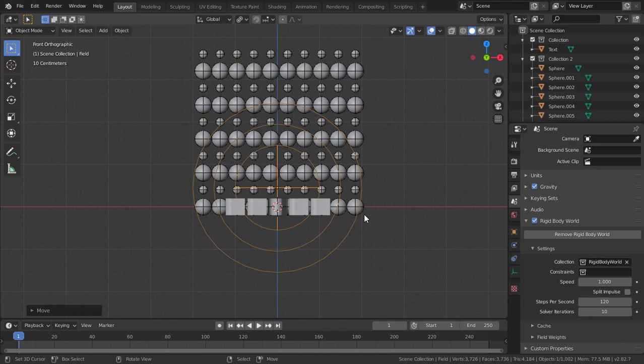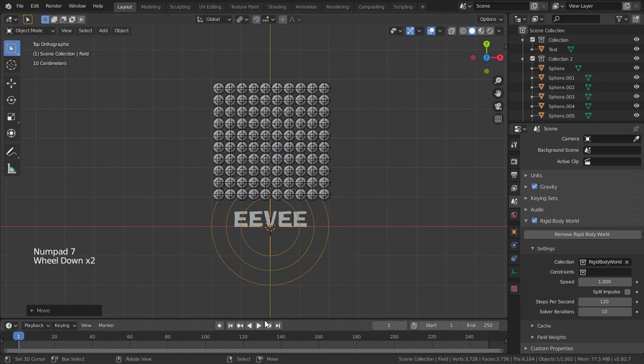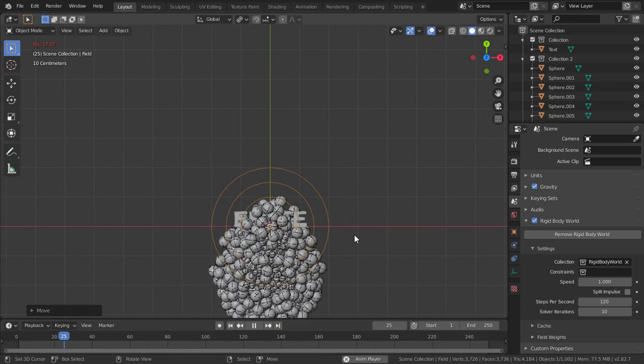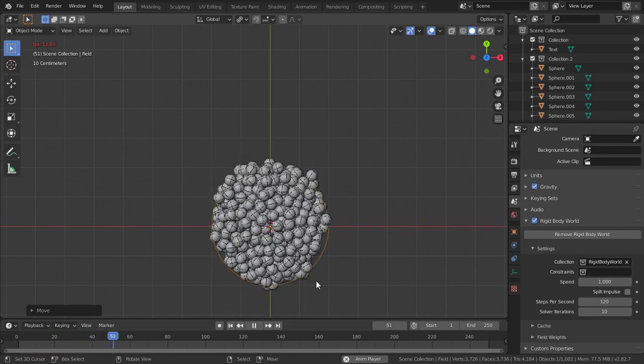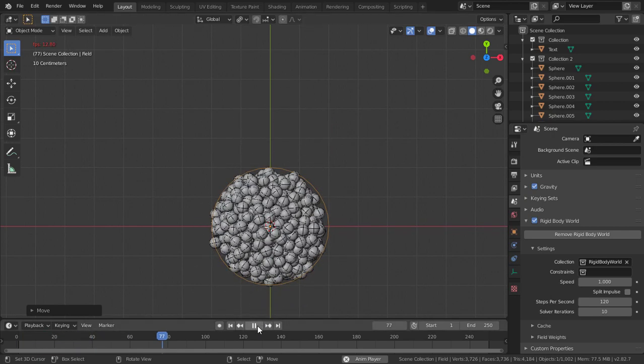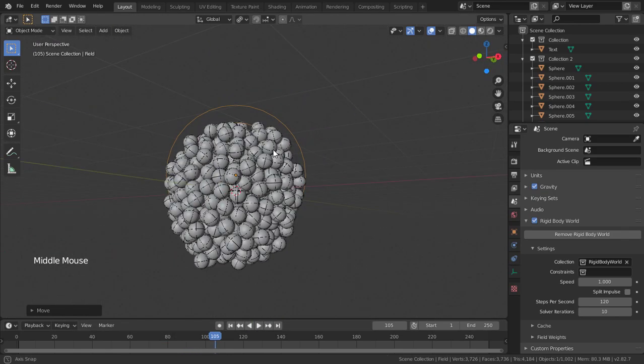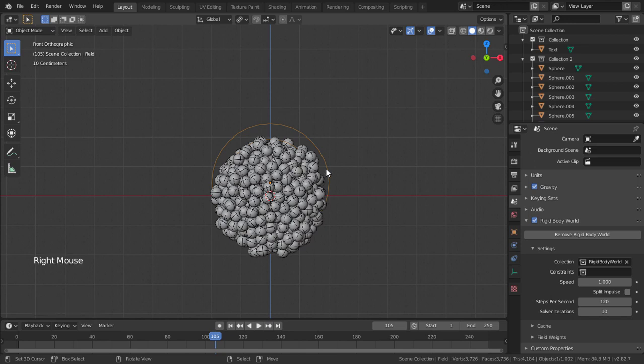Now go to your timeline, and click the play animation button. Now Blender will simulate the physics for these objects. When these spheres are covering the full of the text, then click the stop animation button. For this scene, we need to save these positions for all the